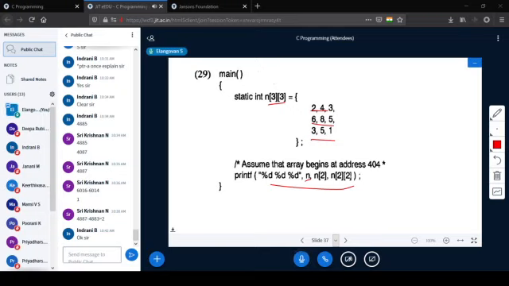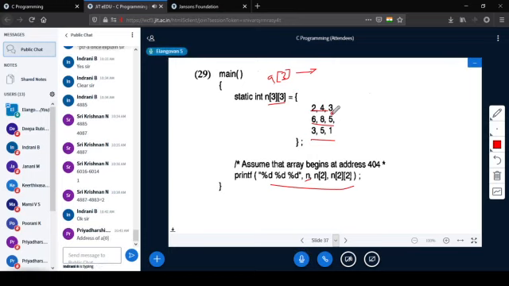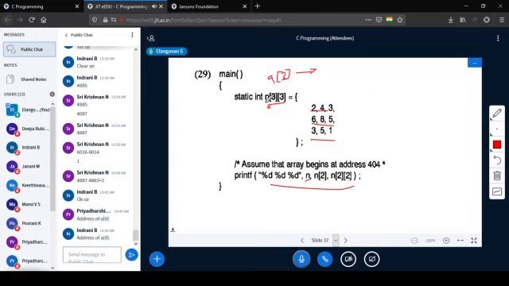So whenever we have A of 3, there is one array, that is a single-dimensional array. A of 3 is there. When I am trying to print A, what will happen? What is the meaning or expansion of A? Here, what is the expansion of A? Address of A of 0. Then what will happen to this n? Address of n of what?